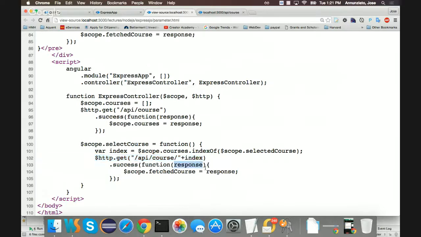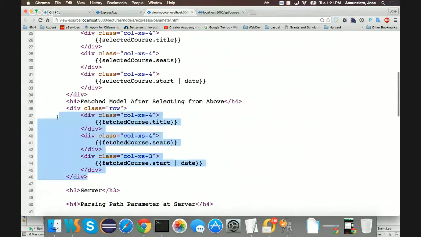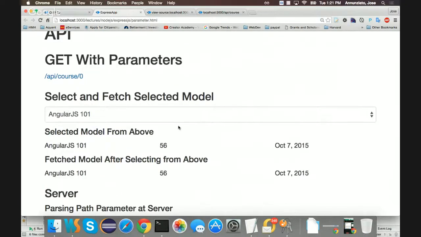Once we have the course, in the response, we bind it to the local fetched course variable in the scope, and that's how this div gets populated. You see that? That's how I select here. Notice how the top one gets slightly faster updated than the one below,